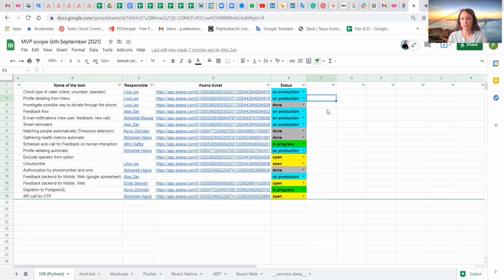And feedback flow, we have to test feedback flow, and we have to check how data is saved. And email notification user, it's a new feature. When someone leaves feedback, we have email notification to our emails, and we have to check this feature, that all emails